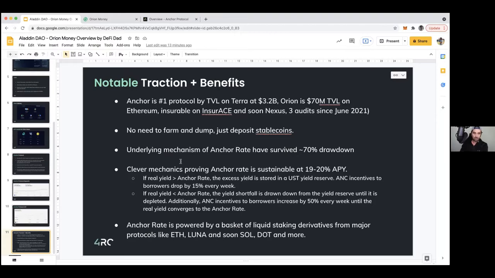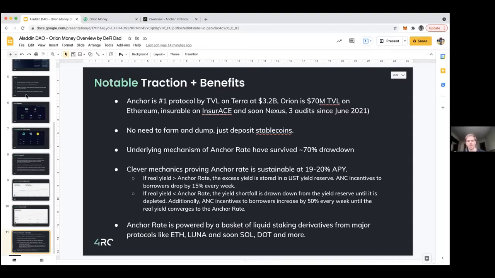There's other yield that could be much higher over the next few months, but the ability to earn 16.5%, 20% if we implemented the ability for them to earn the yield in the Orion token, which again sort of negates the need to farm and dump unless someone wants to accumulate the Orion token. I think this is an outrageous opportunity. This is one that actually could be up on AladdinDAO for the next few years. So, all right, I'll stop there. Do you all have any questions I can help with?